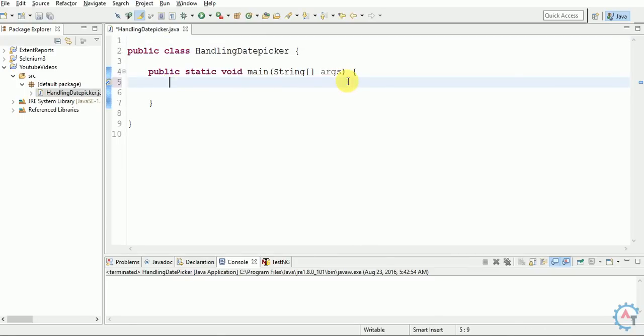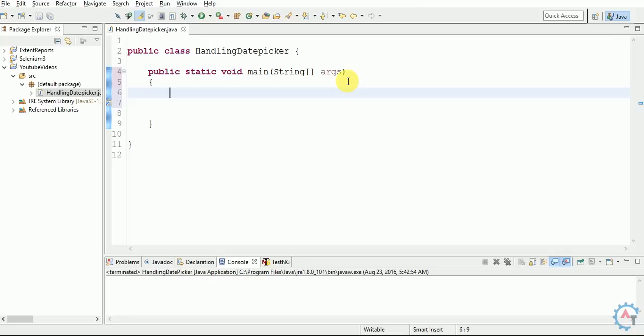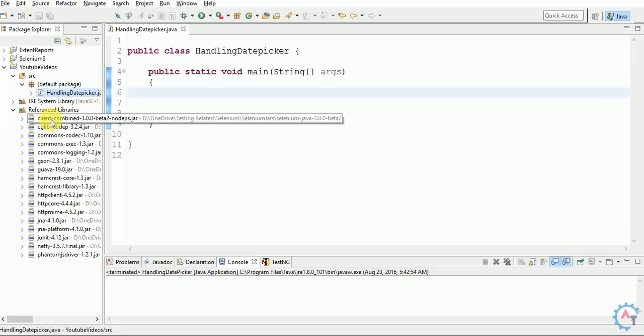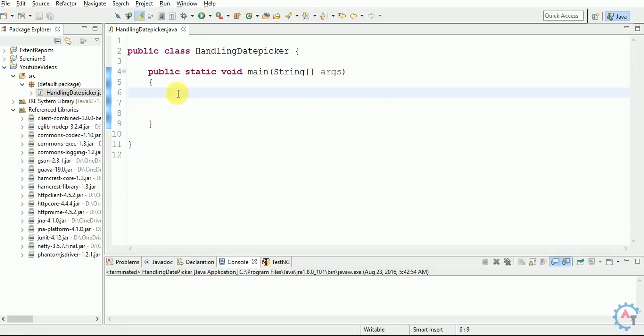Now we'll see one sample program by taking the same example. In this I'm using Selenium 3.0 beta 2 version, so we have to use Gecko driver, and you have to set where the exe is. So I'll use System dot set property.